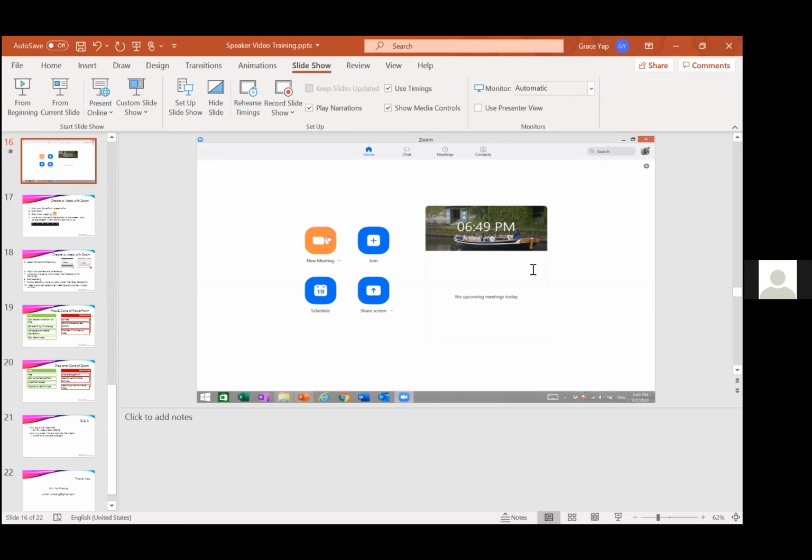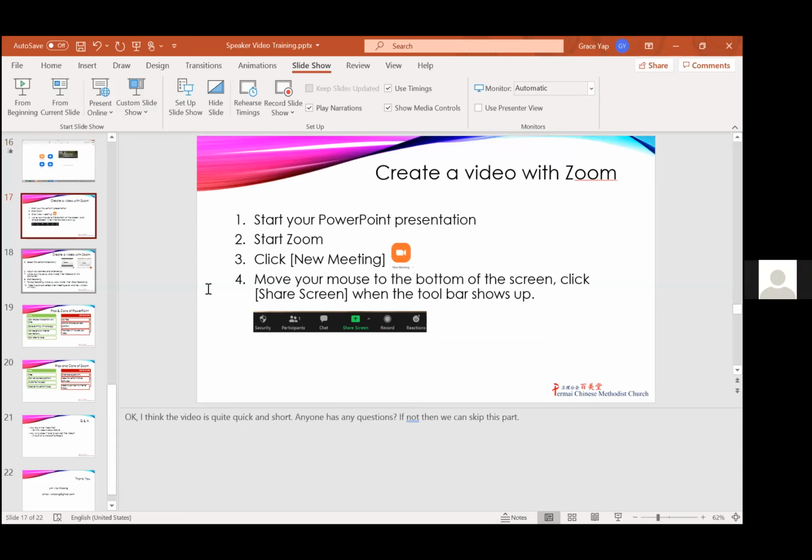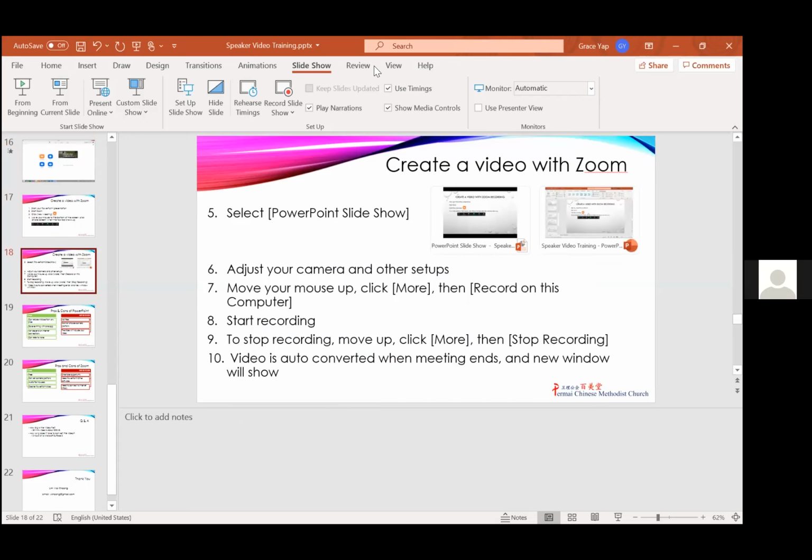Okay. When you click on the more, we look at this step again. Now on step 7, when you move your screen up onto the screen, then you will click more. Then you have two options, record on this computer and record in cloud. So what I'm saying is, select record on this computer, because if you record on cloud, that means you're recording over the internet. Then if you have not so stable internet, it may affect